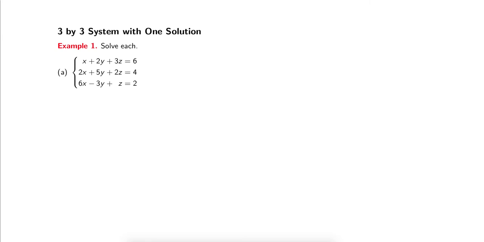Alright, in this video we're going to take a look at how to solve an example of a 3 by 3 system of equations with one solution. So here we have the equations x plus 2y plus 3z equals 6, 2x plus 5y plus 2z equals 4, and 6x minus 3y plus z equals 2. So we're going to find the ordered triple, I should say, x, y, and z that will make each equation